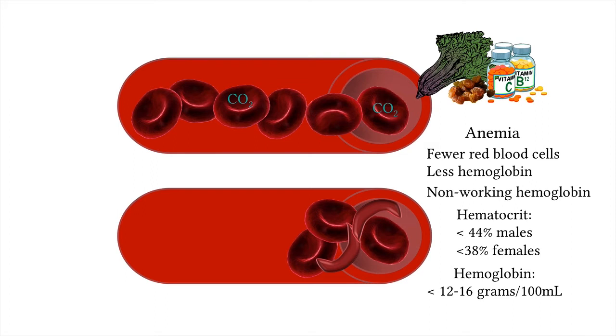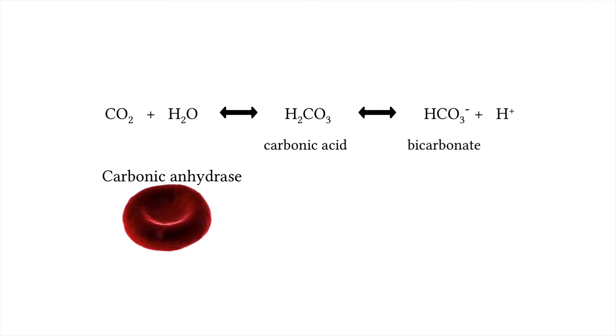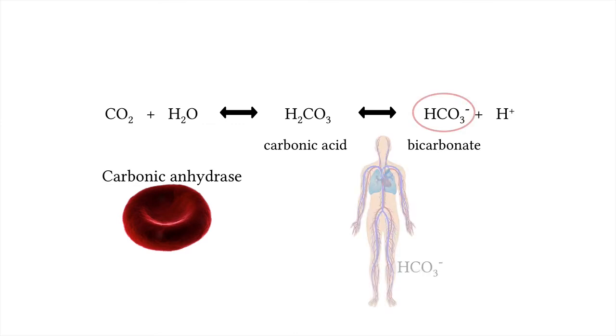The rest of the carbon dioxide gas is carried in the blood plasma because that gas is more soluble in plasma than oxygen is. Another reason has to do with how carbon dioxide becomes chemically altered in the blood. You see, red blood cells have an enzyme called carbonic anhydrase that behaves as a catalyst for this chemical change. Carbon dioxide and water form carbonic acid, and carbonic acid can break up into bicarbonate and a hydrogen ion. Well, most carbon dioxide in the blood travels around in the form of bicarbonate.